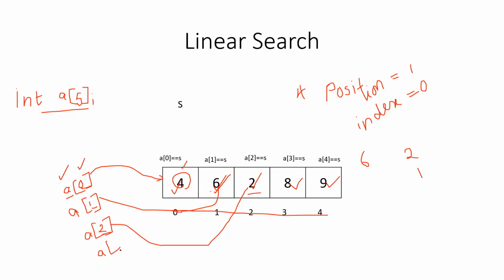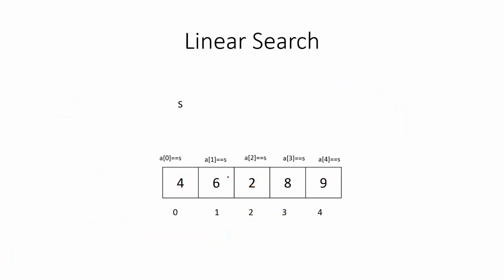But for your understanding, or when you are displaying it to the end user on the display, suppose I ask Gautam, which is the position of the element 9? Suppose I want to search and find the position of the element 9. What will you tell? What is the position? I will run the program and show it. So what will be the position of the number 9? Position is 5, ma'am. Index is 4. So you just need to return only the position of 9.